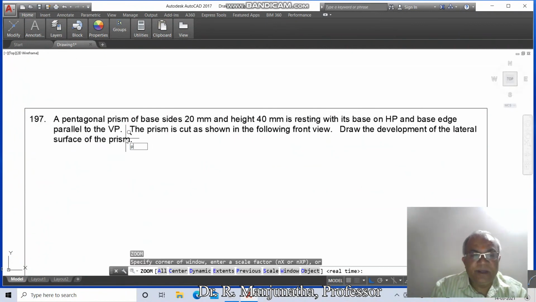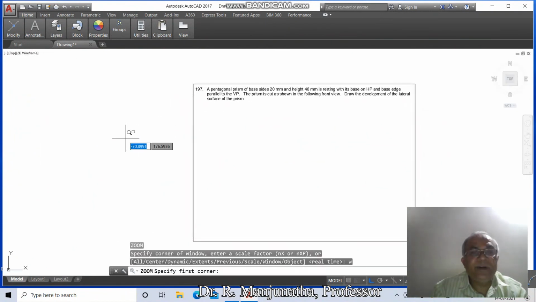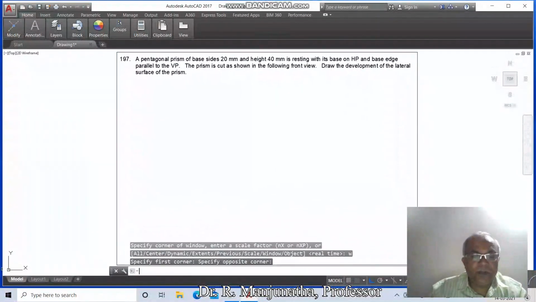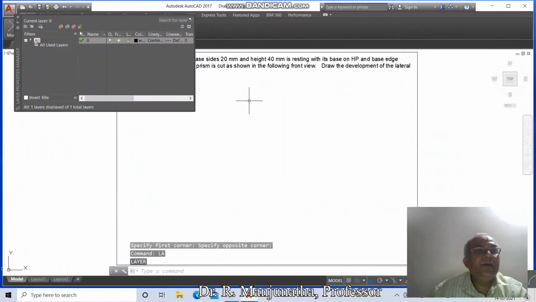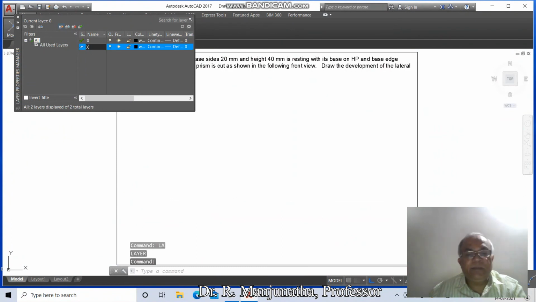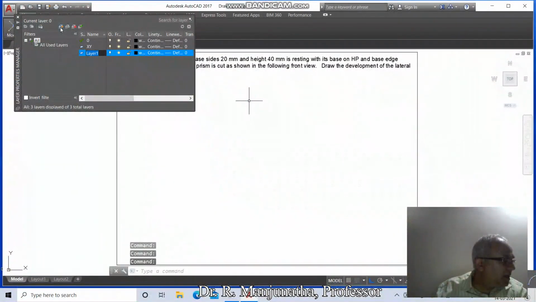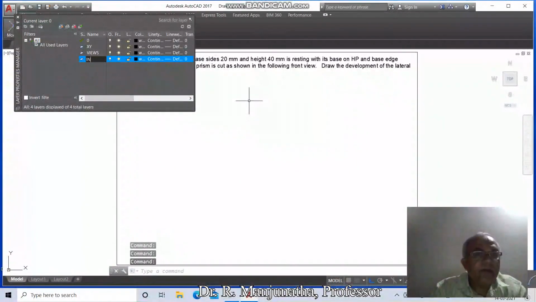Then go to zoom previous, then go to zoom window, then go to layer, click on new, type the layer name XY, click on new, type the layer name views, type the layer name invisible.